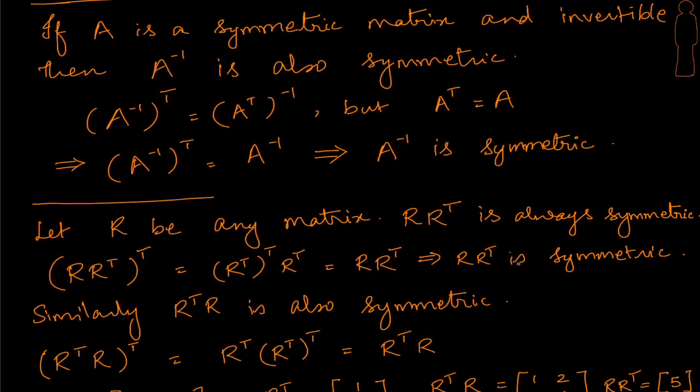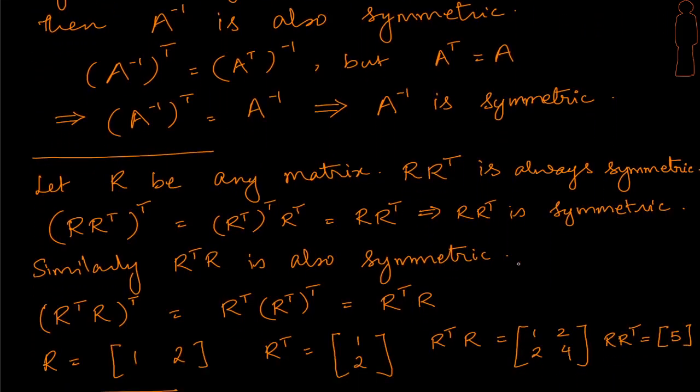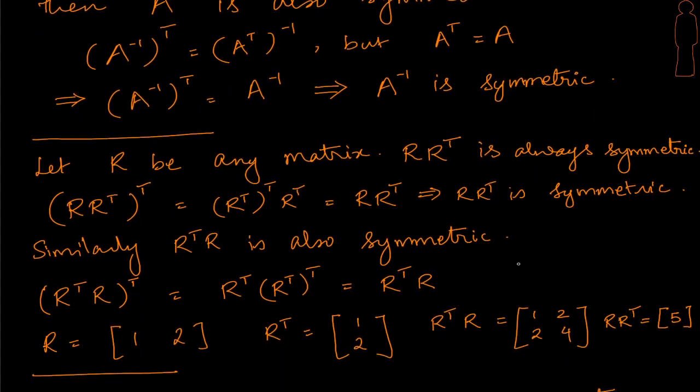We can also generate symmetric matrices. Given any matrix, we can always generate a symmetric matrix. The logic is that we can take any matrix, let R be any matrix, R times R transpose will always be symmetric, and R transpose times R will also be symmetric. So we can quickly prove this. Look at the transpose of this. We know the transpose of a product is going to invert the order, so I get R transpose transpose times R transpose,